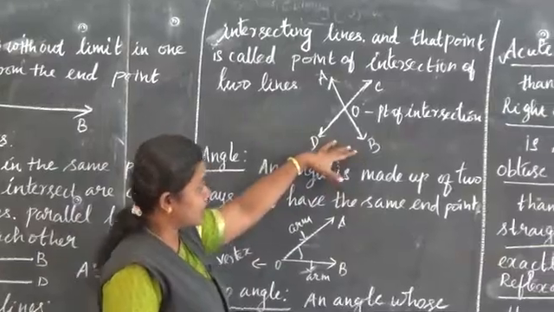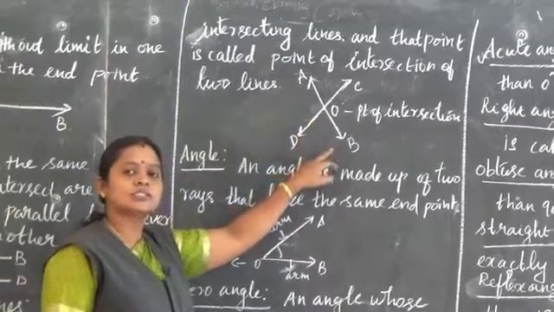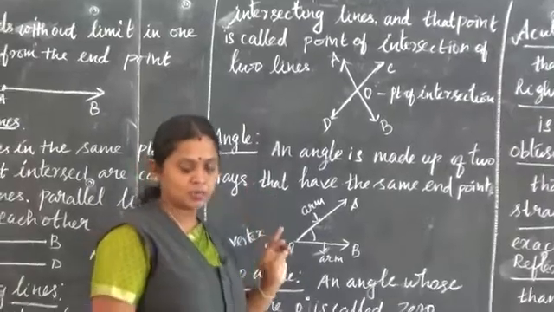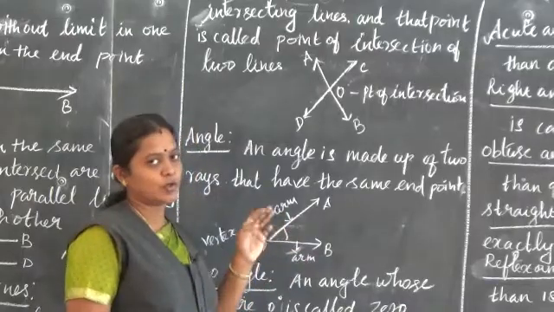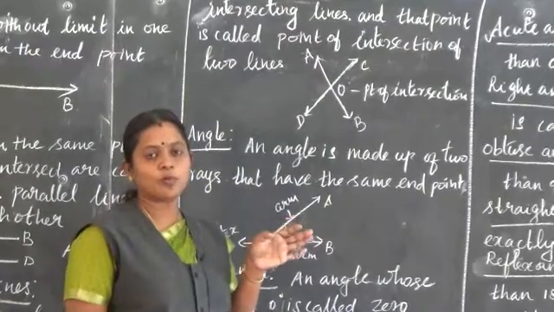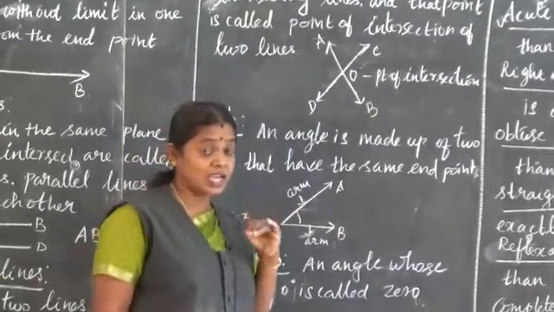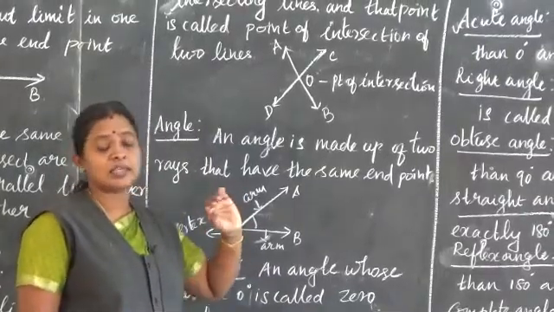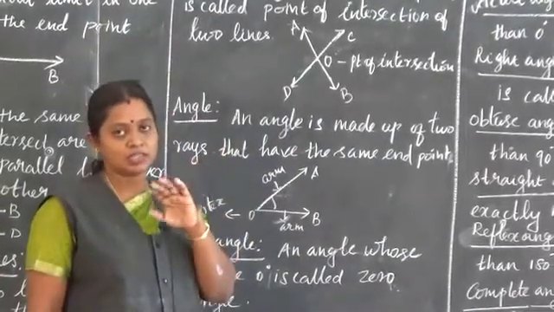Here I am drawing 2 lines. The 2 lines are intersecting at a point O. That point is called the point of intersection here. So now you know line segment, ray, parallel lines and intersecting lines. And you already learned collinear points, and non-collinear points also. If you have more points on the same line, they are called collinear points, that is, the points lie on the line. If the points do not lie on the line, they are called non-collinear points. I didn't write that here, but you should remember that also.